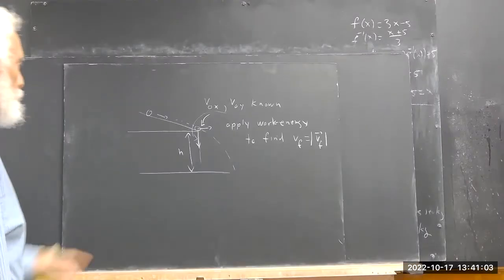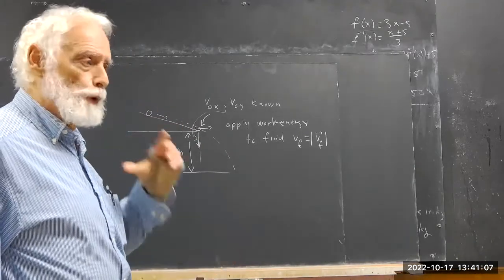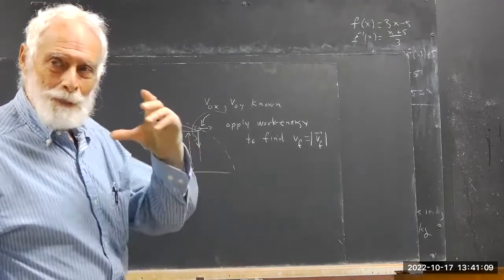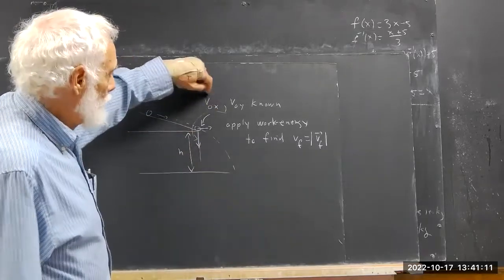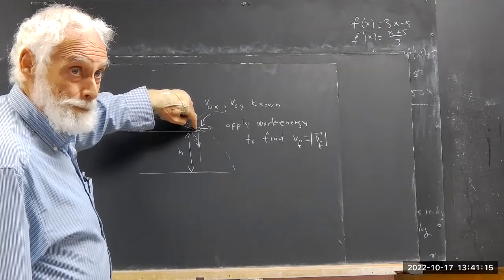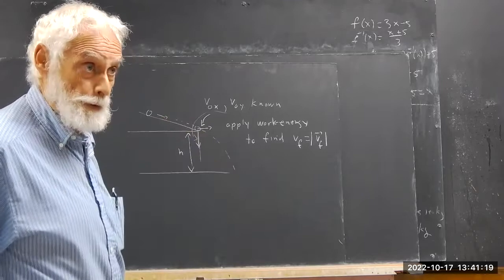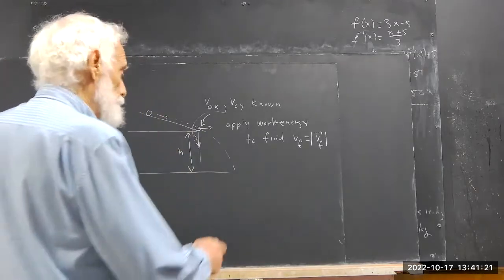Okay, I notice that people are worrying about what's going on inside, and it's natural you do that because you can't read my mind. And my mind was not clear enough on the fact that V naught X, V naught Y are here, right at the end of the incline, so that you're only dealing with what happens from here to here. Okay. So now you start with